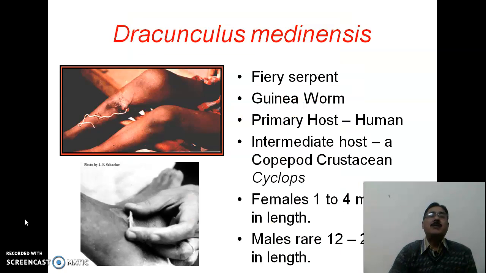Then Dracunculus medinensis, a fiery serpent popularly known as guinea worm. The primary host is the human being. The intermediate host is a copepod crustacean, the Cyclops. Females are much greater in length. Their length varies from 1 to even 4 meters. The males are rare and their length is smaller,